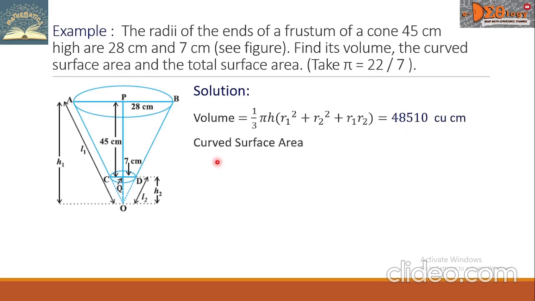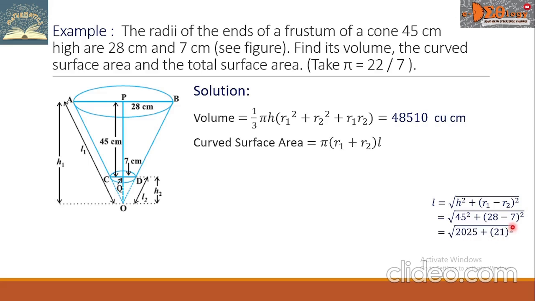Let us now compute for the curved surface area. This is the formula. We need the value for L. Let us solve for that. The formula is given here. When we substitute the values, we have the square root of 45 square plus the square of the difference 28 minus 7. The difference here is 21 that we will square. The square of 45 is 2025. The square of 21 is 441 added to 2025, and that will be 2466. And the square root now is